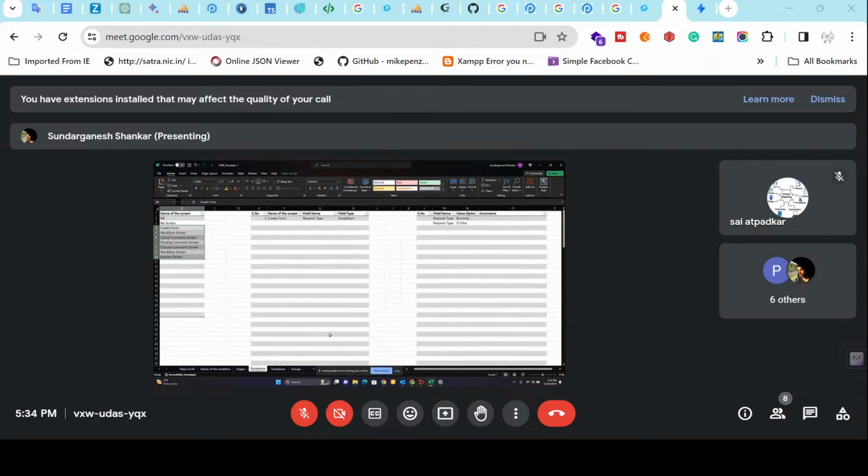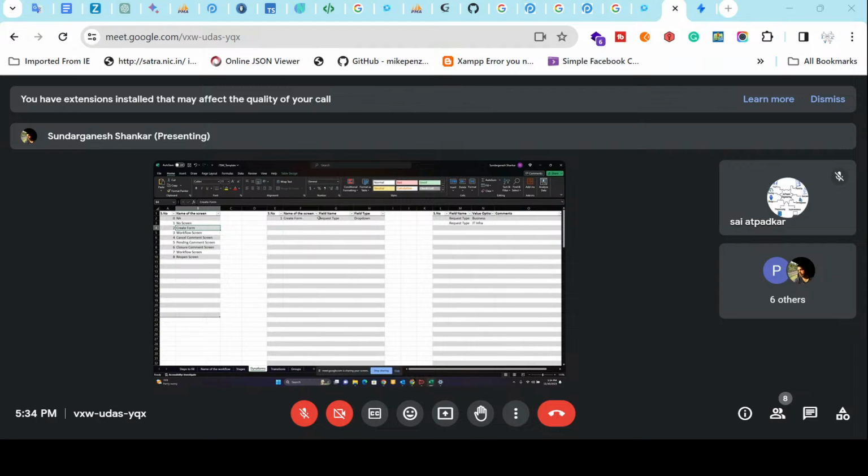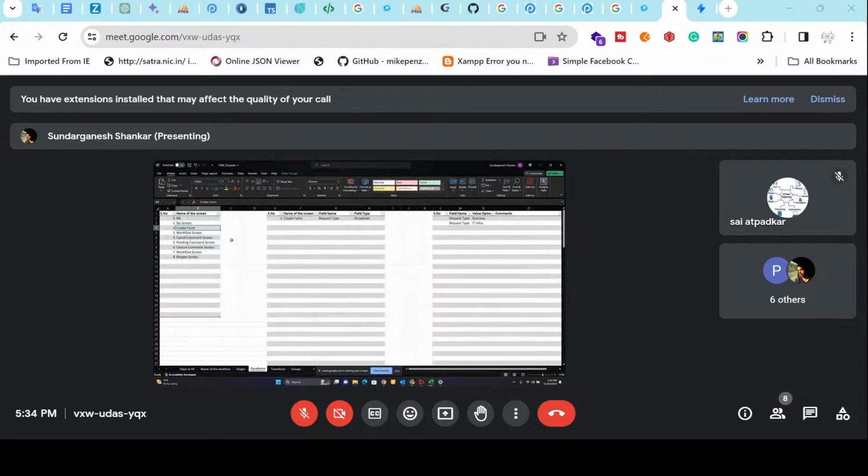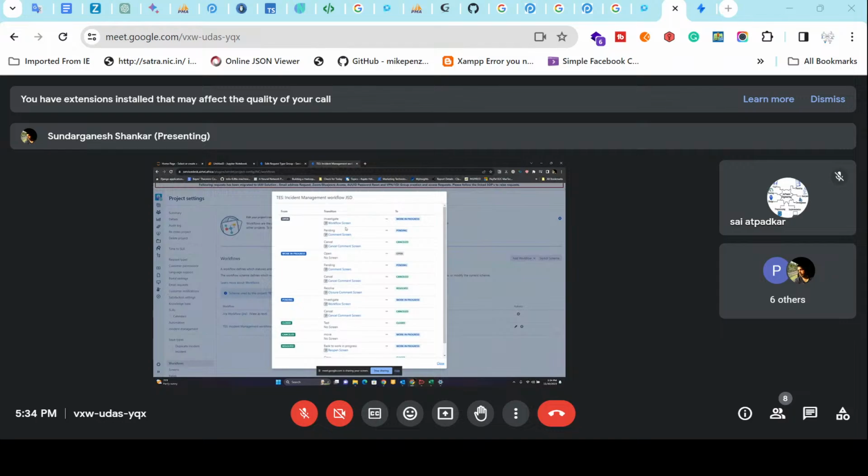Right. So create form is not something that you will see in this. You will not see that create form screen here, because you will see that in the incident ticket from the front end only. Okay, but all the other screens you will see here, right? Workflow, cancel comment screen and all that. For example,